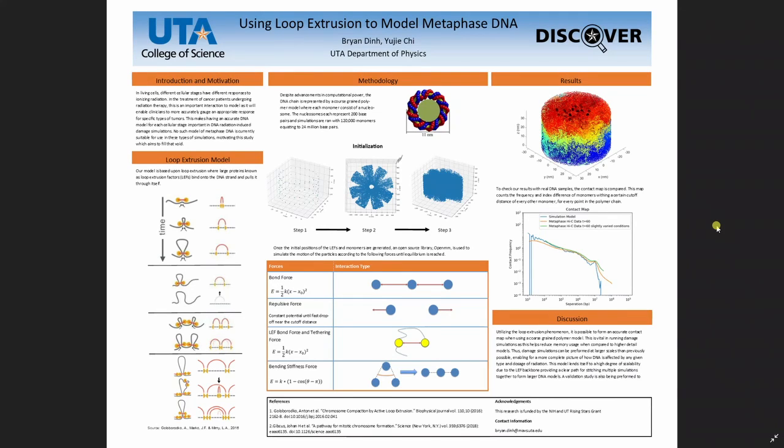Today I'm going to be talking to you about using loop extrusion to model metaphase DNA. The reason we are doing this is that different cellular stages will respond to ionizing radiation differently. This has really large implications for treating cancer patients, because a good understanding of how a certain type of cell will respond to ionizing radiation is really important in knowing how to kill it and not to overdose your